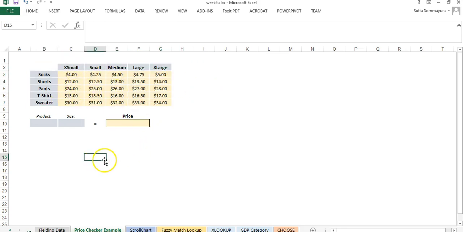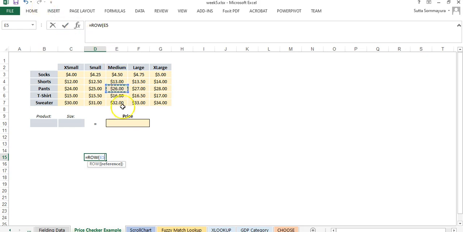Let's see if we use row functions. If we use row functions, the argument must be the reference. Reference means any cell. Let's say I just pick cell E5, it's gonna return